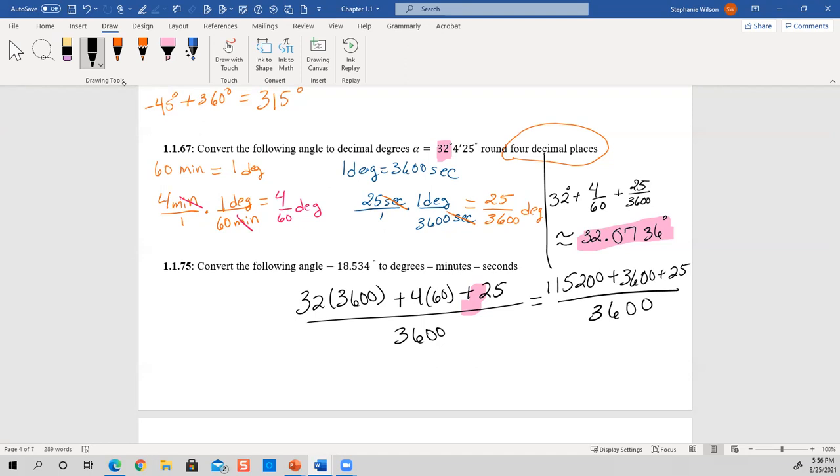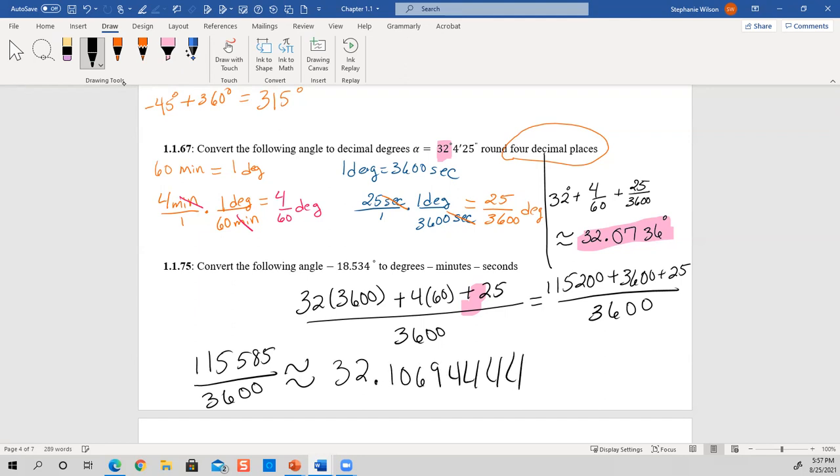And that gives me 115585 divided by 3,600. And then I would say, okay, let's divide that by 3,600. And this gives us 32.106944444. Ain't that crazy how that works? I mean, look at the difference. I typed it in just like this, and the calculator gave me this as an answer, and in my lab